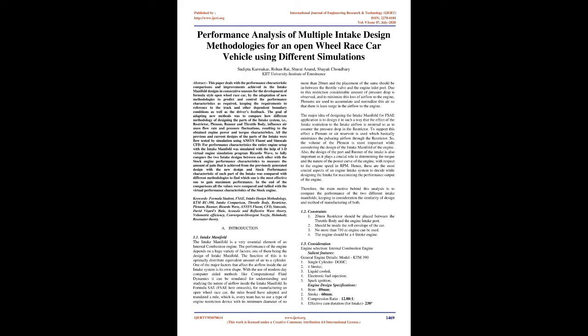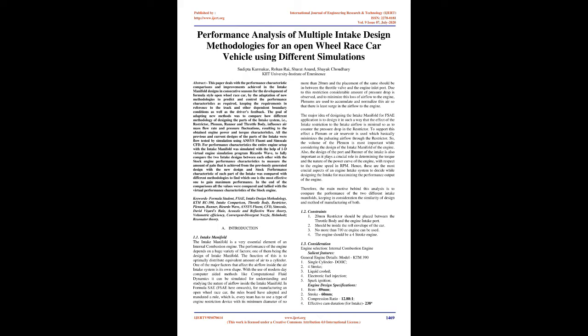In Formula SAE, FSAE here onwards, for manufacturing an open-wheel race car, the Rules Board have adopted and mandated a rule, which is, every team has to use a type of engine restriction device with its minimum diameter of no more than 20 mm, and the placement of the same should be in between the throttle valve and the engine inlet port. Due to this restriction, a considerable amount of pressure drop is observed, and to minimize this loss of airflow to the engine, plenums are used to accumulate and normalize this air so that there is least surge in the